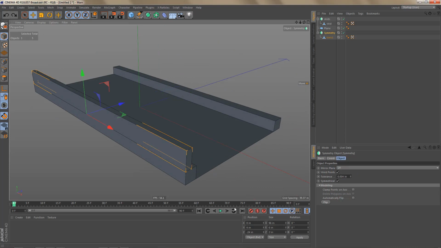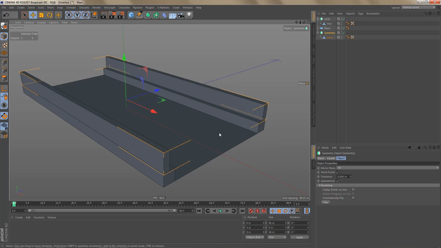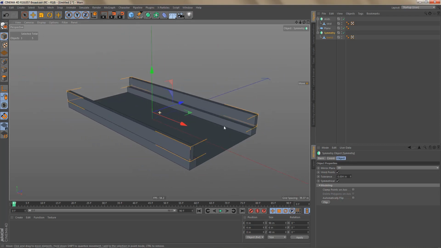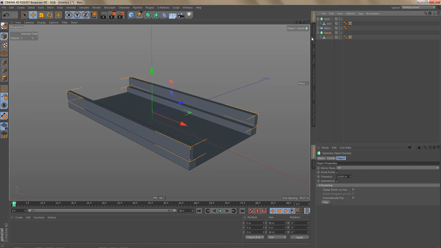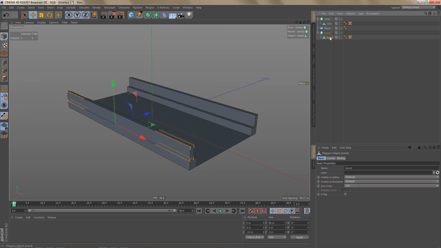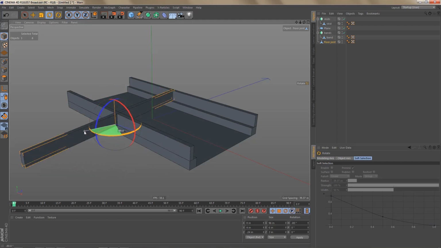Let me undo that. So that's looking better. I'm going to rename the symmetry object, and I'll make a copy of the band, and this is going to be our floor joist. I'm going to rotate this around 90 degrees,